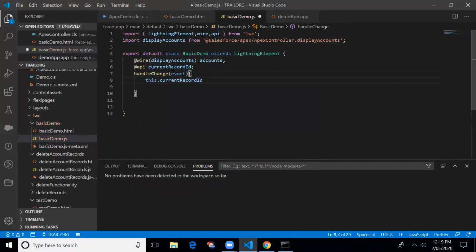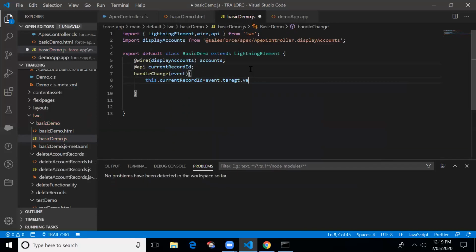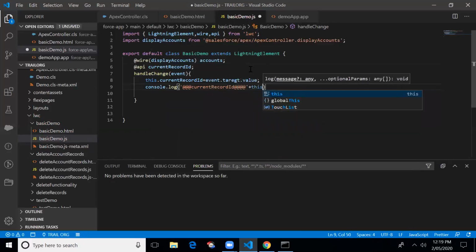If we want to use this reference variable name, then we have to use this, otherwise we're not able to put the value into the record ID. To get the value, it's event.target.value. I'm also putting a console.log message here, printing current record ID.